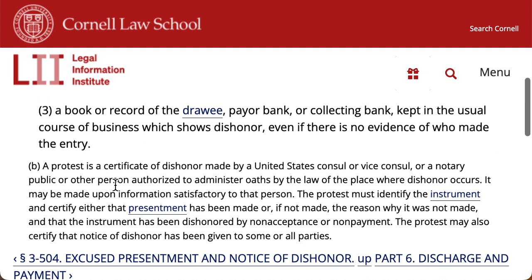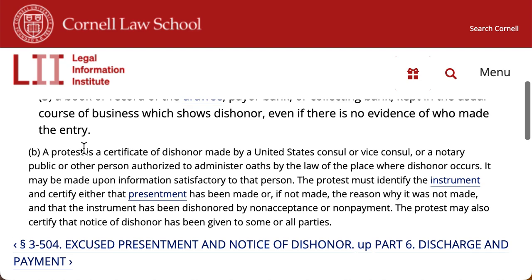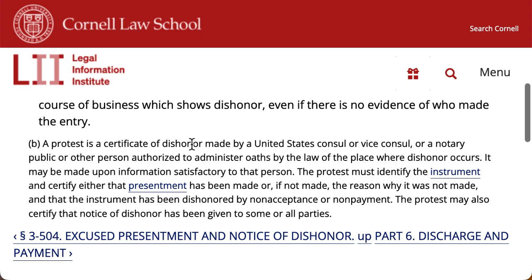We just looked up what a protest was, but let's look up what a protest is in accordance with the Uniform Commercial Code. A protest is a certificate of dishonor made by the United States Counsel, Vice Counsel, or a notary public or other person authorized to administer oaths by the law of the place where the dishonor occurs. It may be made upon information satisfactory to that person, right? That's important to know. The notary protest or the certification of dishonor can simply be made upon information satisfactory to